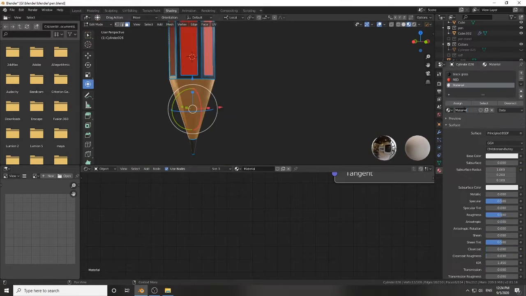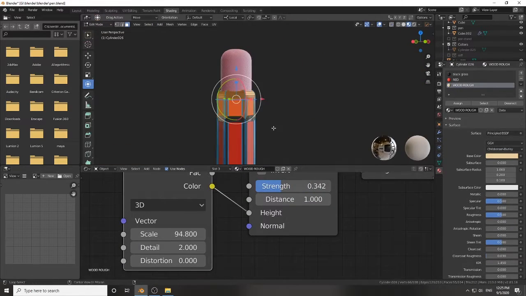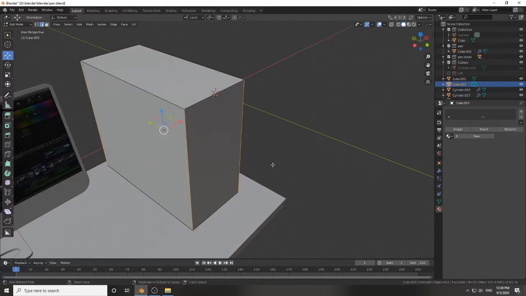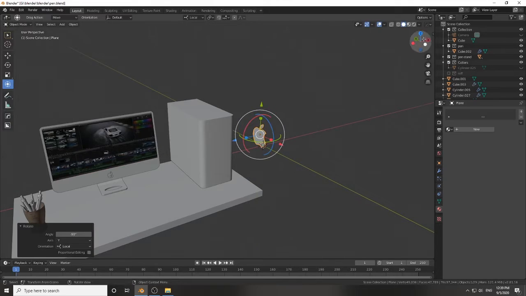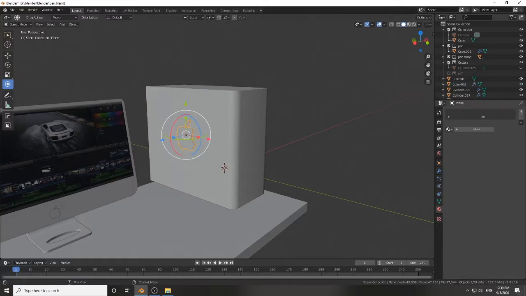Now I will create the heart, which is the Mac desktop, or say cabinet. To create a cabinet is also the simplest method. Just add a cube and then edit the cube as per the design. You can follow my steps and then apply materials to the cabinet.